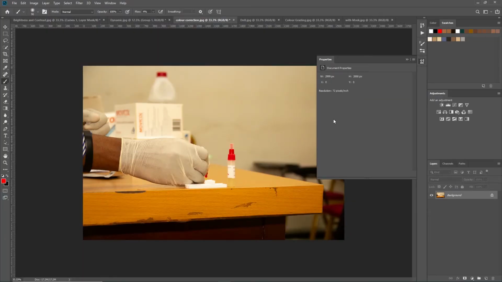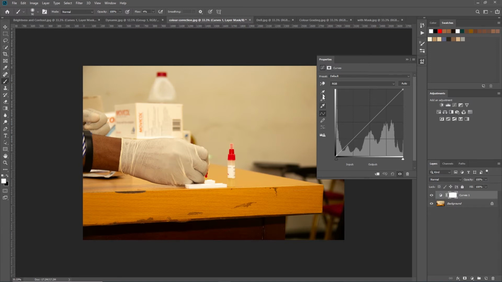So for example, in this image we have in front of us, we can see the glove, we can see the wall, and we can see all other objects. I know for a fact that this carton here is white and then this wall is actually white. So what I'm going to do is bring my curves adjustment layer, and this time around I'm going to use the eyedropper tool, and I'm going to use the middle one, which refers to the midpoint of the image. So this sets the black point, this sets the white point, and this is the midpoint. And if you place your cursor on it, you can see it says sample an image to set the gray point, which I was calling the midpoint. So I'm going to click on this,